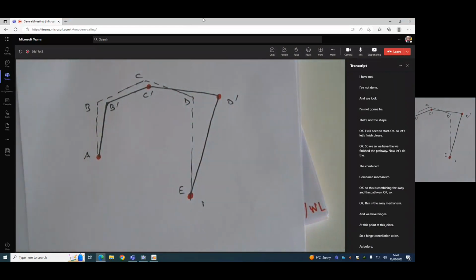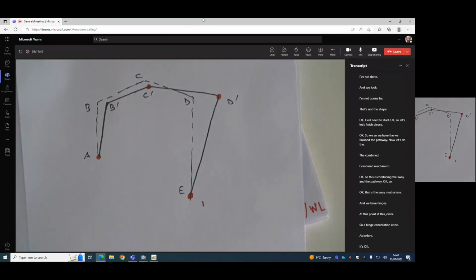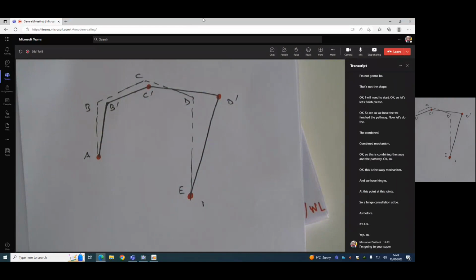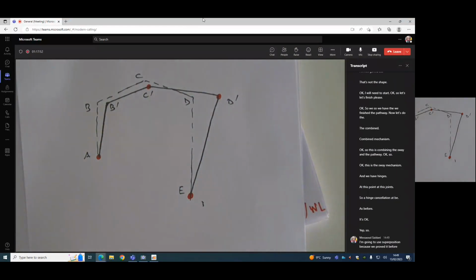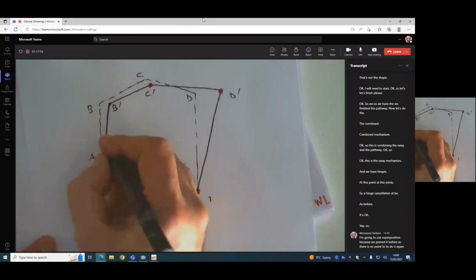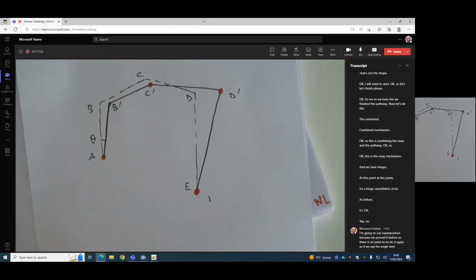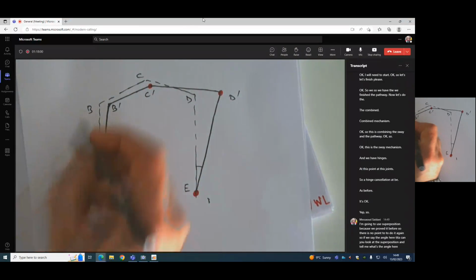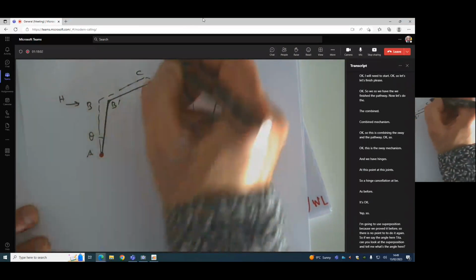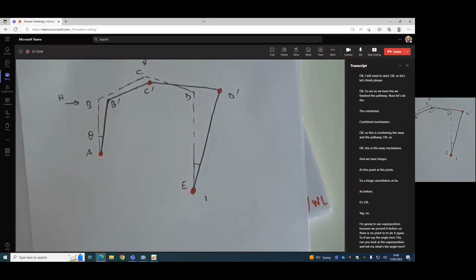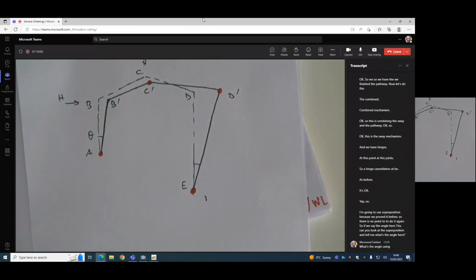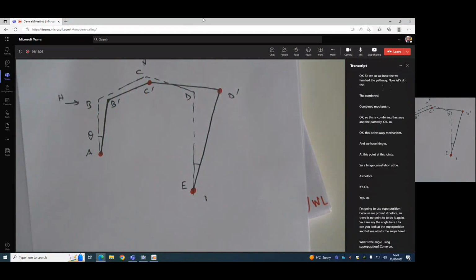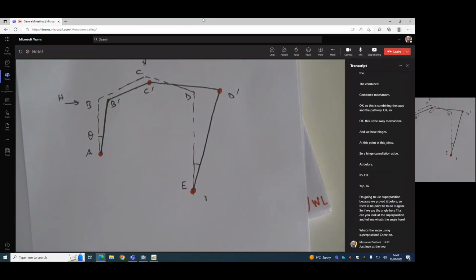Is that okay? Yeah. So I'm going to use superposition because we proved it before, so there is no point to do it again. So if we say the angle here is theta, can you look at the superposition and tell me what's the angle here? What's the angle using superposition? Come on. Just look at the two. We had